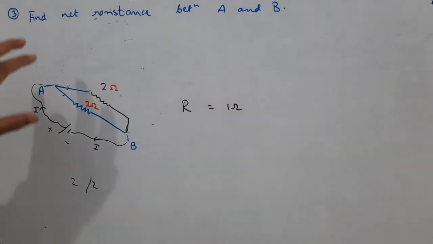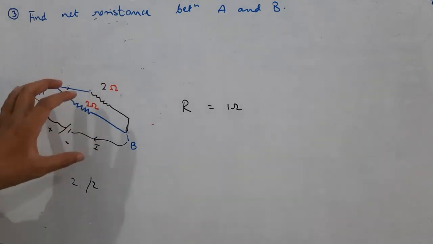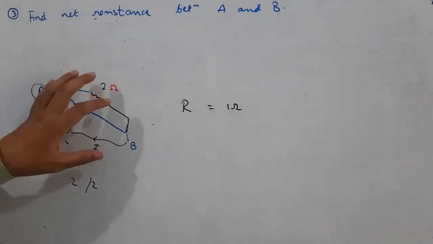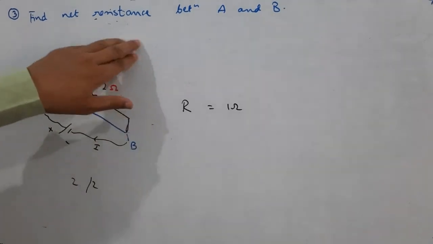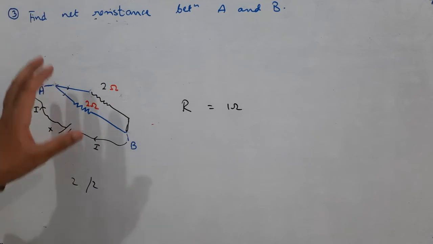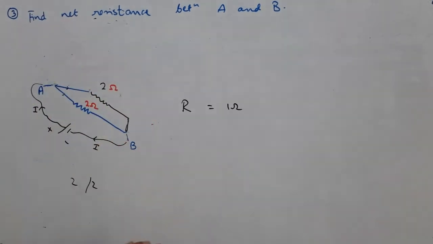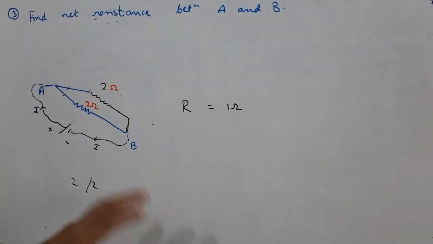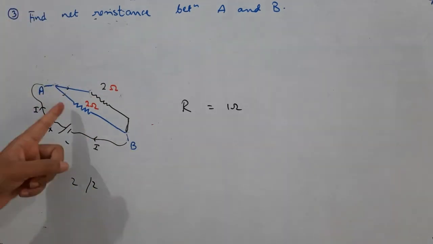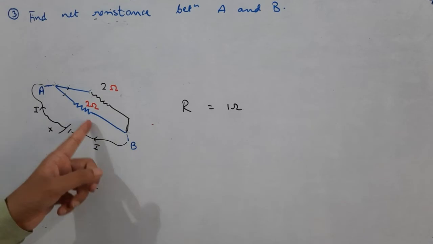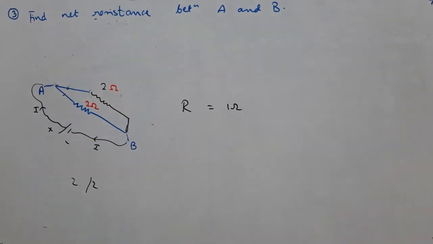In this particular solution, it will be better if we go on. Whatever changes I made here, I made in the same figure because it was easy for me to rub the board. That is not so in your case. You have to write in your copies. So in your notebooks, keep on drawing 6 to 7 figures, whatever I have discussed. Draw them again and again and simplify. Go on simplifying till you get this particular figure, and then they are in parallel. That's why you will conclude that the total resistance is 2 by 2, that is 1 ohm. Is it clear, students? Okay.